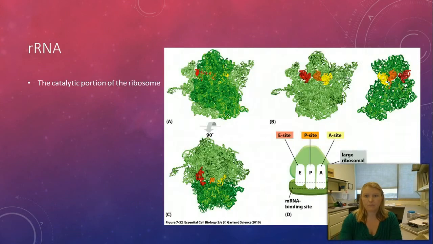tRNA. So here's the rRNA. We use the term rRNA and ribosome fairly interchangeably, and it's actually not quite true. The rRNA is the catalytic portion of the ribosome, and the ribosome is the entire process. And this ribosome is actually called a ribozyme, which is an enzyme that involves RNA. So it's important to understand that aspect of it, that it's a combination of protein and rRNA that makes